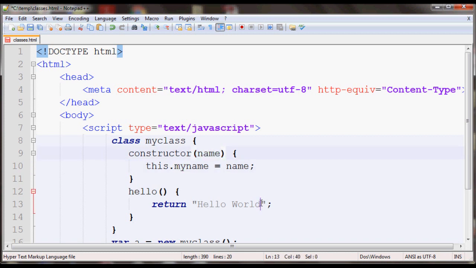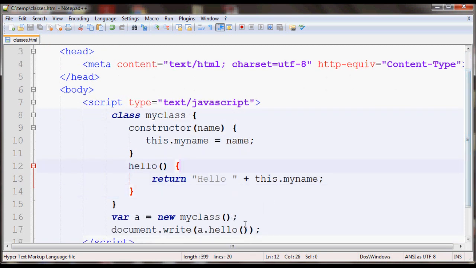So instead of world here, let's say if you wanted to use that, you can do so with this dot my name. So when you create these properties, all your methods defined in your class can use them by this syntax, this and then the property name. So if you save this, so let me pass in,